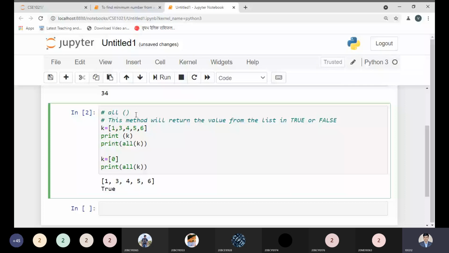See, here we are passing 1 3 4 5 6. Now what is happening over here? Here all are integer values.